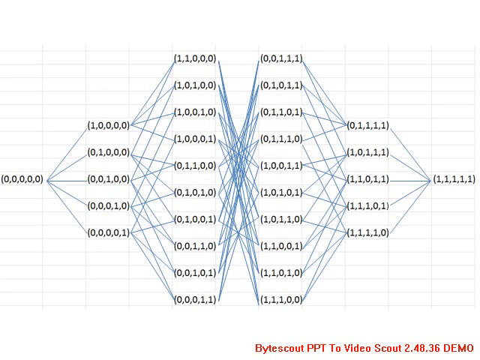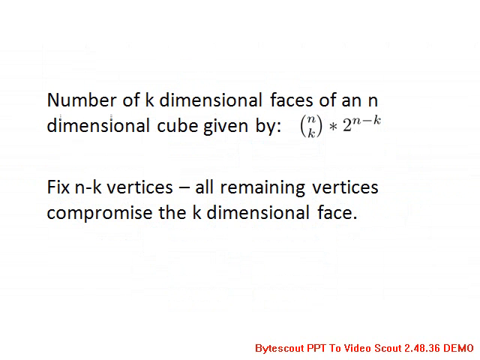Here's a similar map for a 5-dimensional cube, or pentaract. Notice how it is much more complex. It has many more points, vertices, edges, faces, and cubes or cells. How can we tell how many 2-dimensional faces or 5-dimensional faces an n-dimensional cube has? Well, for the number of k-dimensional faces of an n-dimensional cube, the formula is n choose k times 2 to the n minus k. There are n choose n minus k, or n choose k, ways to fix a vertex, and for each vertex, there are 2 options, 0 or 1. This is the intuition behind the formula.